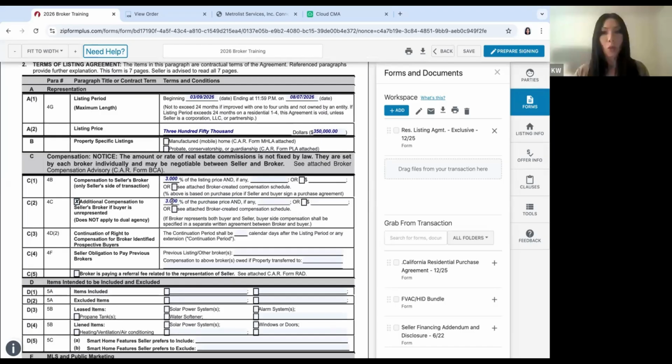So you can get an extra 1%. You are going to have additional work. If you're working with an unrepresented buyer, there's going to be additional weight that you have to pull, so that is why we're getting that additional amount. This is not the spot where you put in compensation for a buyer's agent. You can let your client know once they receive an offer and